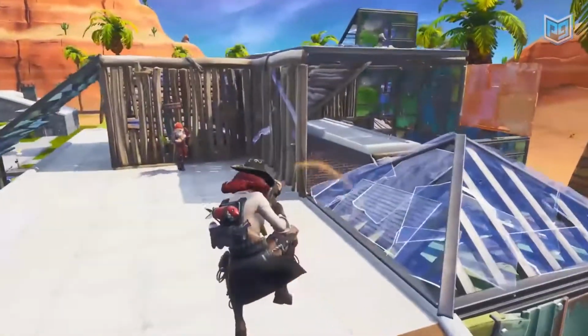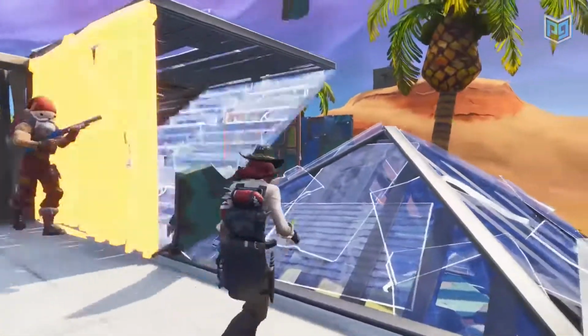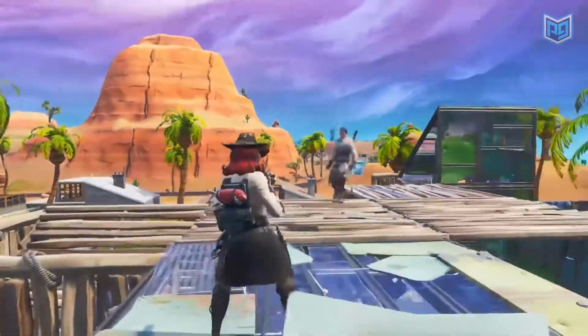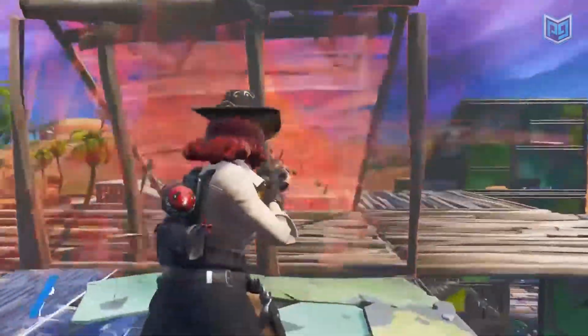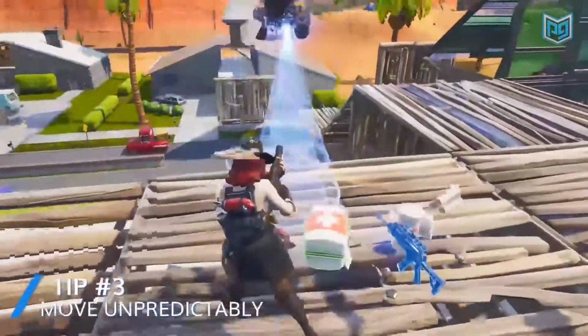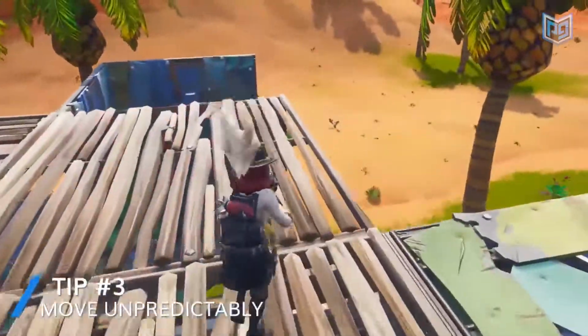The last highlight is again about movement. Strafe side by side, crouch and uncrouch while spraying. This type of movement was made popular by top pros like Mongrel and Poach. It seems like it's not a big deal, but seriously it makes a huge difference and it's not even hard